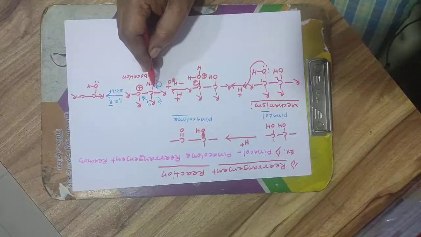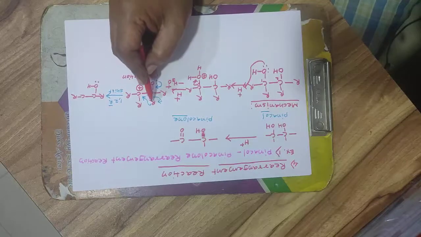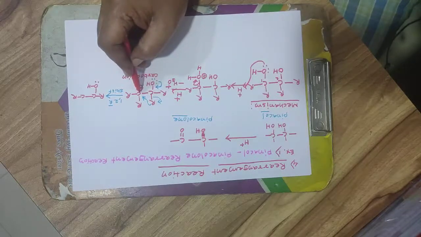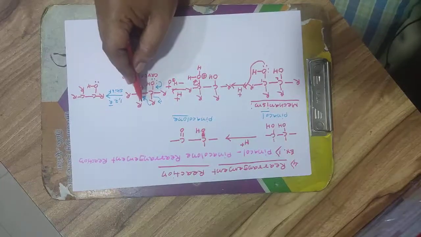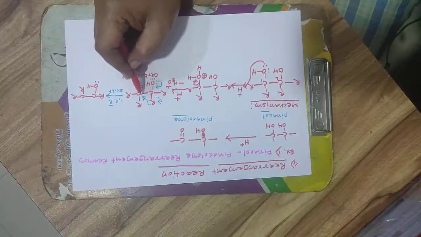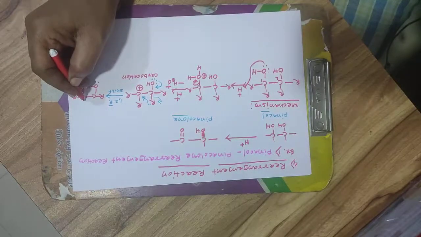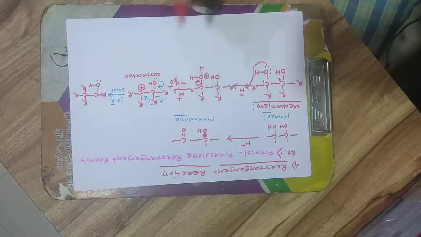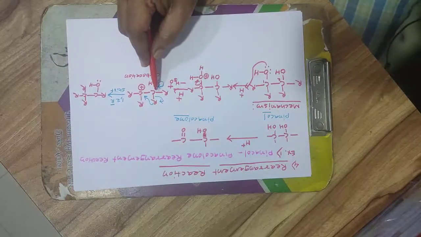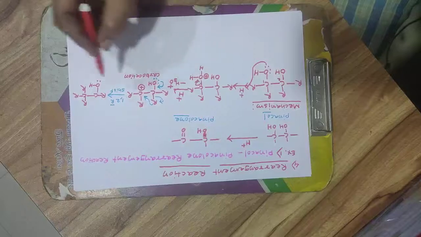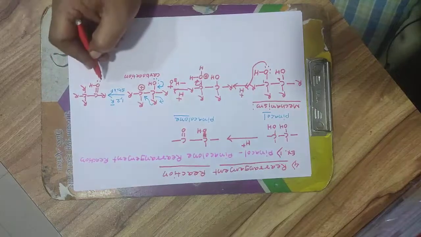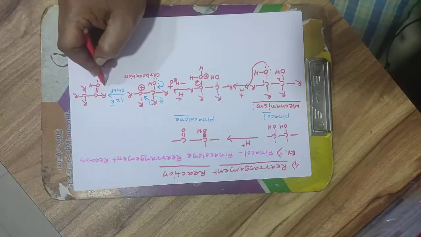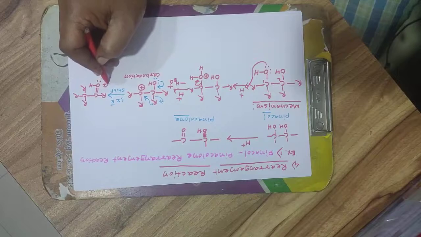One of the lone pairs is involved in delocalization. So what happens? As this R negative attacks this carbon, this R is here, this R is here, this R is here, and this R will attack this carbon. So this is your third R, right? So carbon is positive. One of the lone pairs is involved in delocalization, so there is a formation of a positive charge. As oxygen gives a lone pair, this oxygen carries a positive charge.